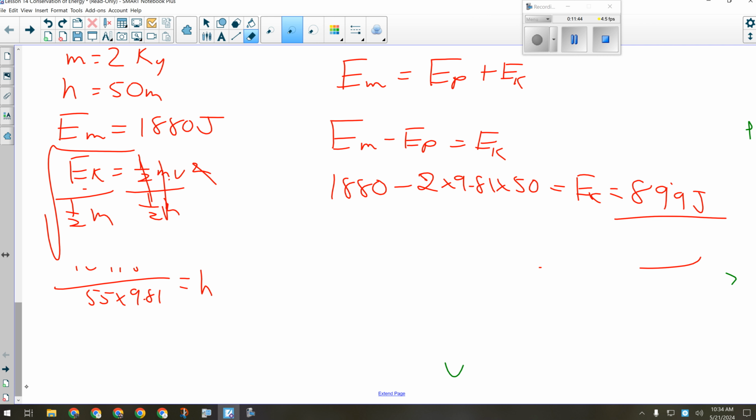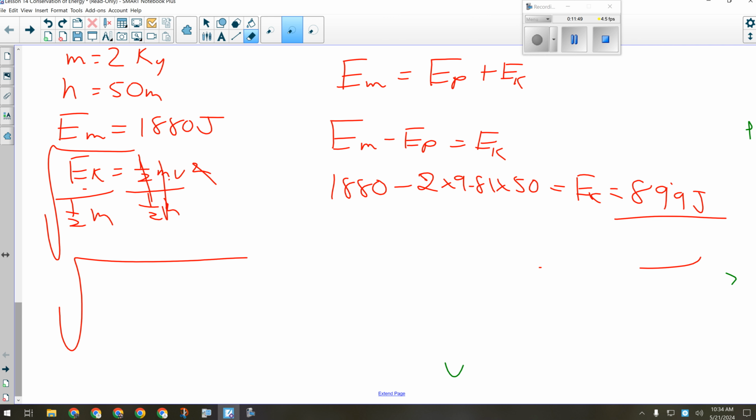Right, and then we'll have our 899 divided by 1/2 times 2, so basically the square root of 899, because half of 2 is 1. Okay, and if I do that, I should get 30 meters per second, like 29.9 or something like that. 30 meters per second. Okay, is that a big leap? Not really. And that's the kind of thing we're going to be doing before the end of class today.